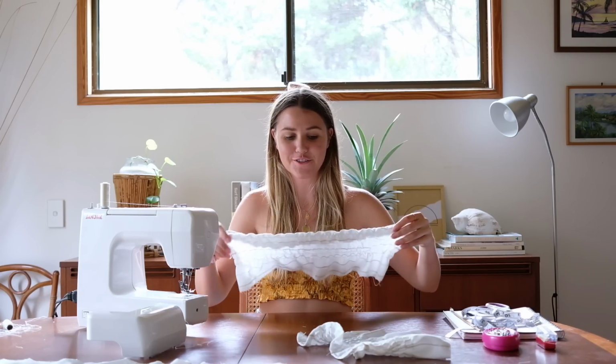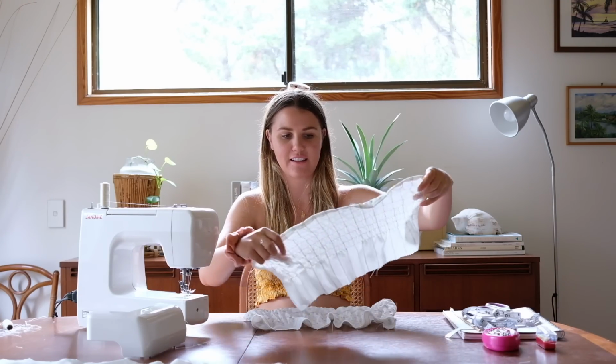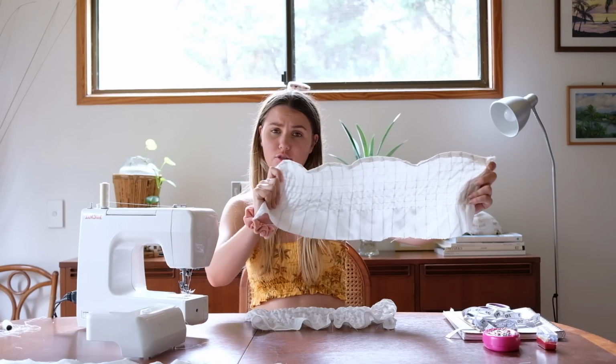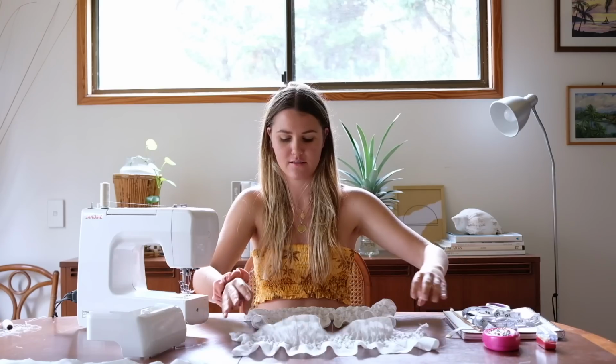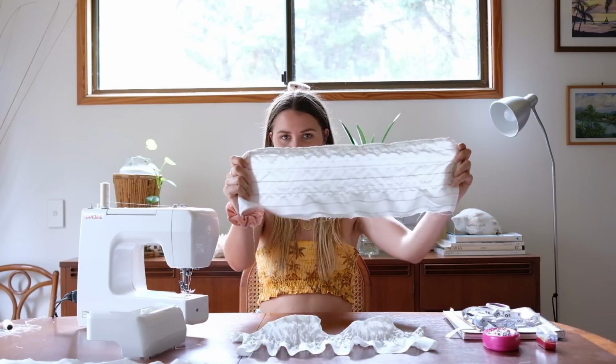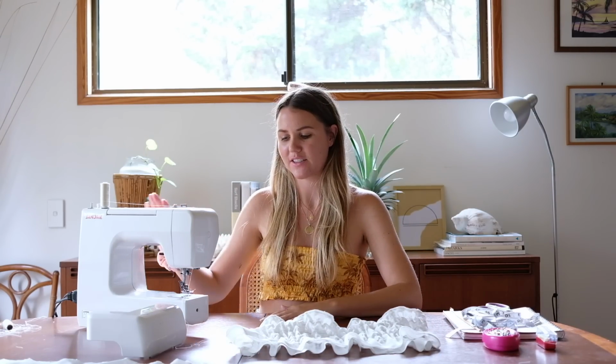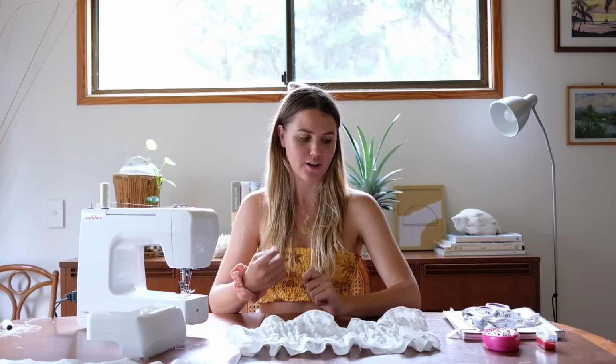Perfect, so now I've got the two shirred pieces. I'll show you how they turned out. So as you can see, I've done the top like 2/3 in the gathered shirred thread. Cute! And I've rethreaded my machine, so I've taken out the bobbin with the shirred thread and put in the normal thread now,